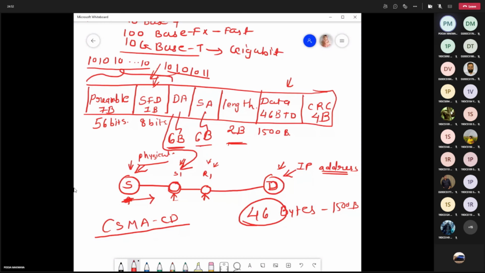So this is why we need a minimum of 46 bytes of data and maximum you can have 1500 bytes of data. So this is the basic frame format of your Ethernet. So now almost the complete syllabus is complete, right?